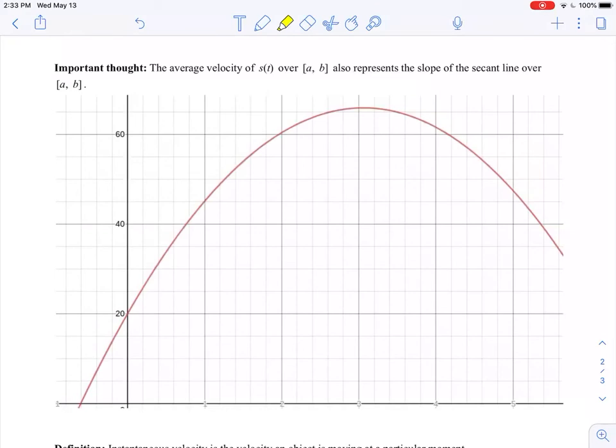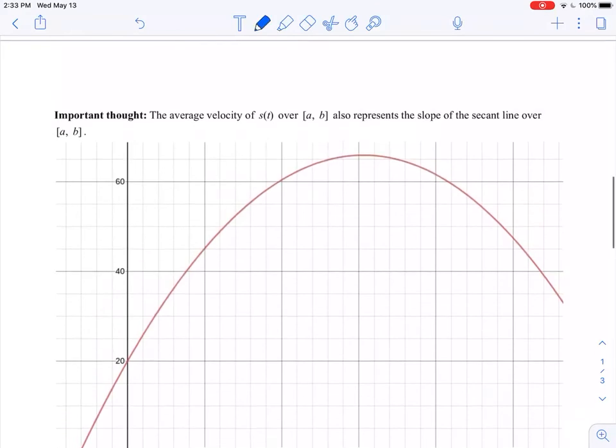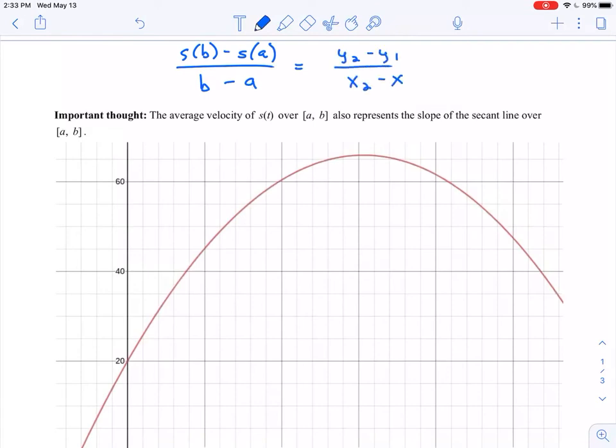If I'm working with s of b minus s of a over b minus a, I can think of this as y2 minus y1 over x2 minus x1. This is essentially just the slope formula. So don't overthink it. We're just talking about slope here, in particular the slope of the secant